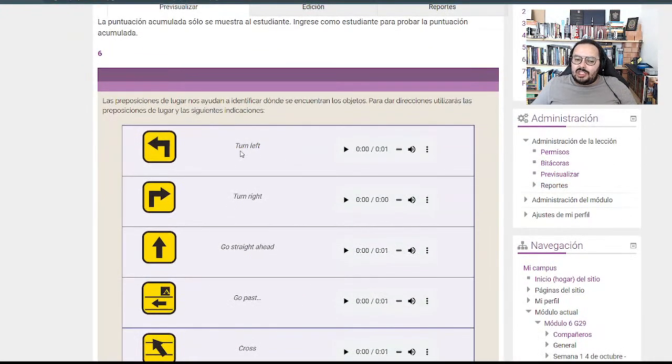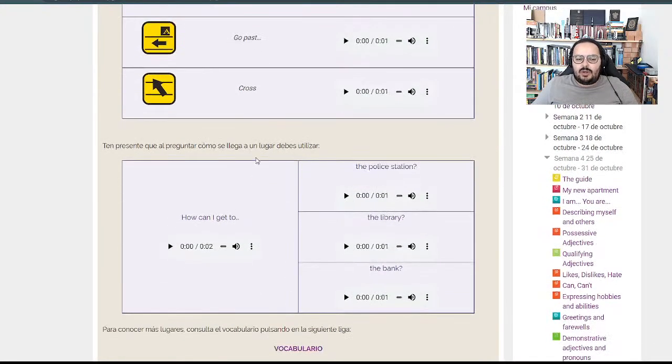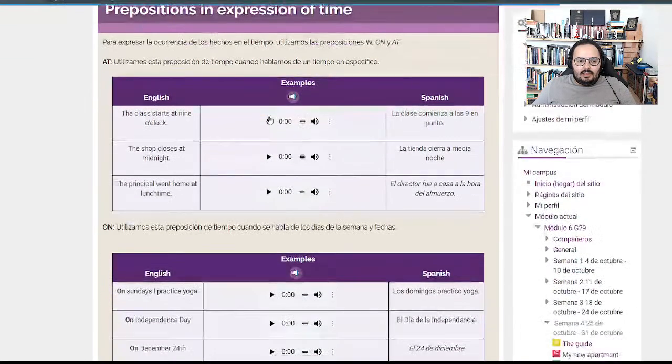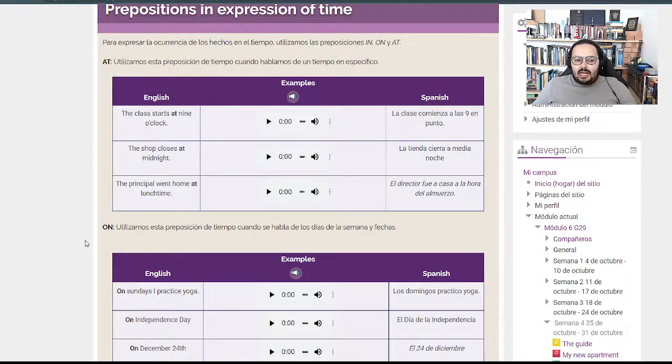Now we have the instructions or the directions, and we have turn left, gira a la izquierda, turn right, go straight ahead, go past, cross. Those help us in order to talk about how to get from one place to another. Okay, here's some examples. And well, here we have the prepositions of time, and the most used ones are at, on,